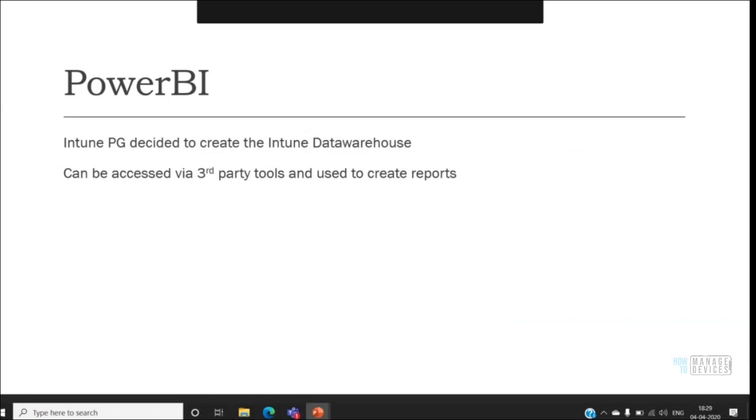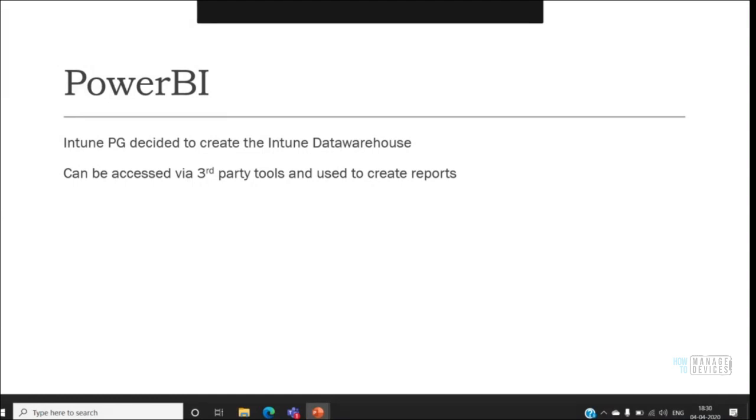So again, I'm in the process of creating a dedicated nugget on how exactly the integration happens between PowerShell, Power BI and Intune. But this is one of the best tools that I've seen. If you are familiar with Power BI, it gives you a very good pictorial representation. If you compare this with something like Excel, in Excel you have to manually create a relationship between two sheets. Over here in Power BI, it's not that tough. All you need to do is just drag and drop,